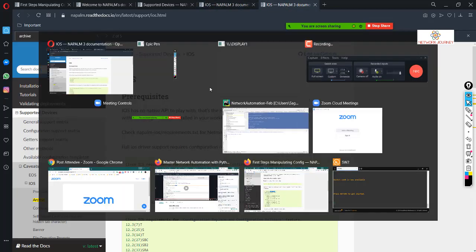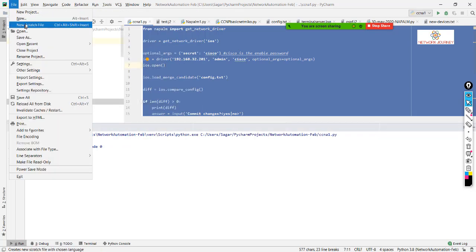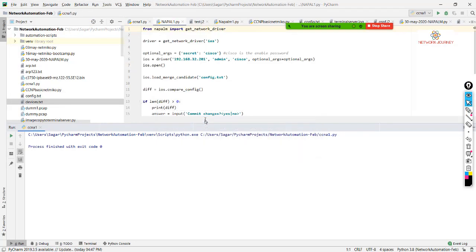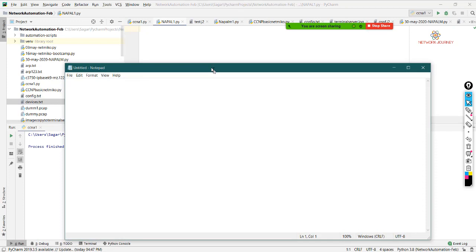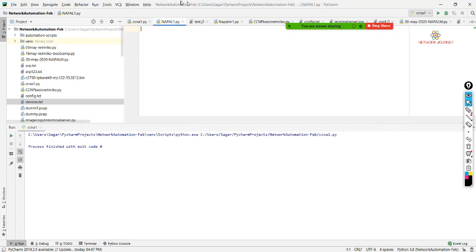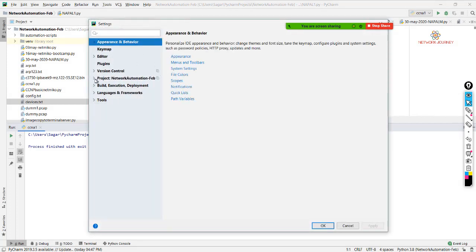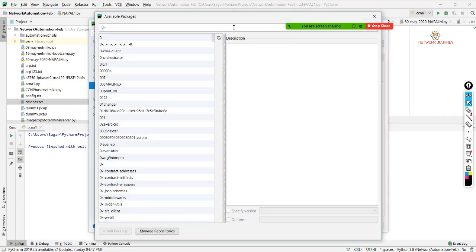Okay, so let's start with writing the script. I'll create a new file. Let's say napalm1. Okay, and I'll take this out. Let's write the first script. Regarding installation, it's not a big deal. Since you all know I make use of the PyCharm IDE, I went to settings and clicked on project interpreter. As you know, you need